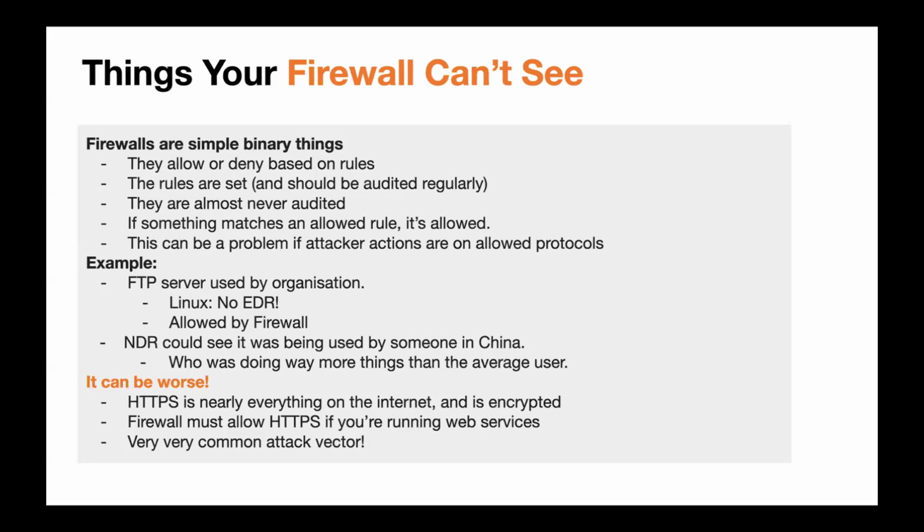And this is compounded by that problem that I was talking about earlier, where logs from the firewall are very rarely kept verbatim, which means that you don't actually know what it's letting in and what it isn't letting in, which means you've got no visibility at the day-to-day level of what the actual rules are doing. So that can be a bit of a problem if the attacker is actually actioning stuff across protocols that the